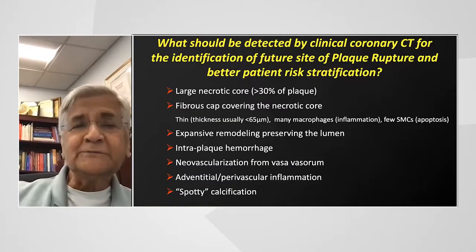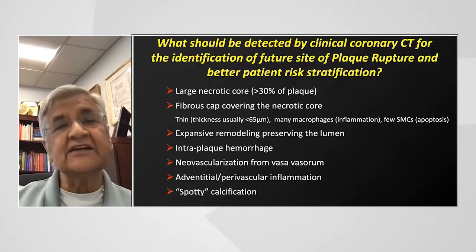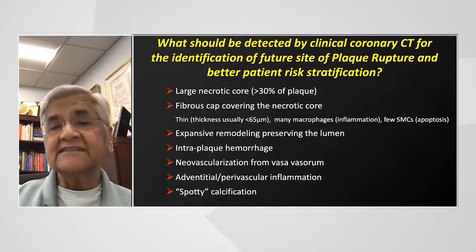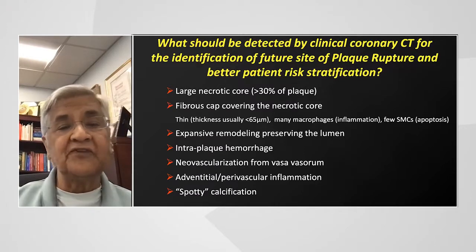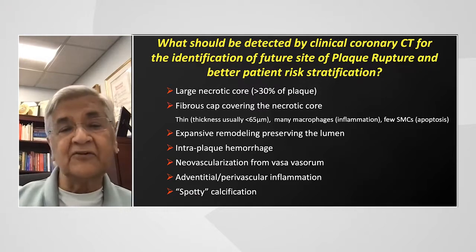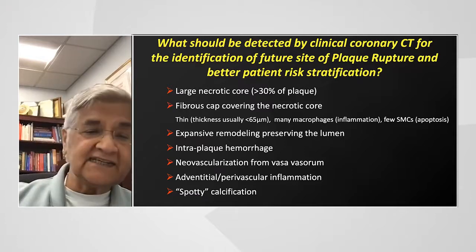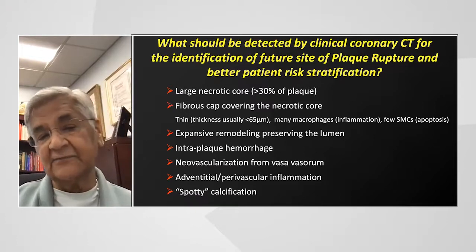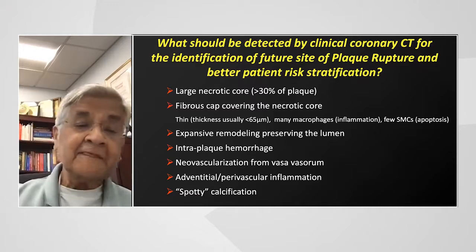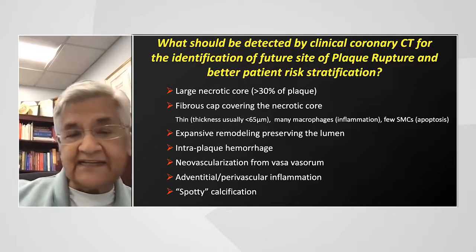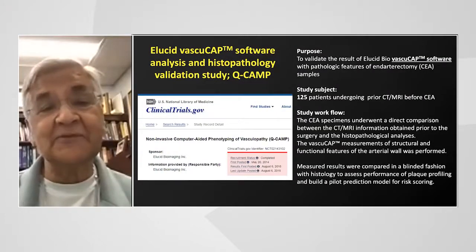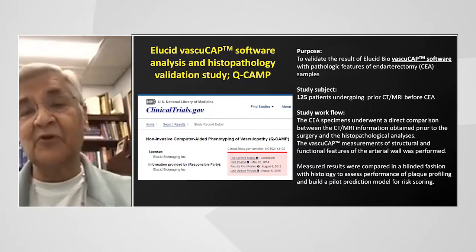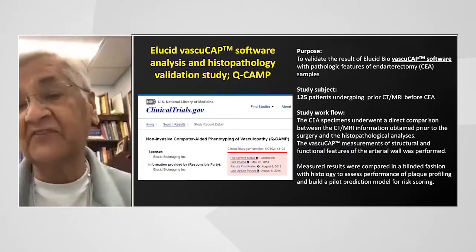So what should be detected by clinical coronary CT for the identification of future sites of plaque rupture and better patient risk stratification? Large necrotic core, a fibrous cap infiltrated by macrophages, expansile remodeling, intraplaque hemorrhage, neovascularization, adventitial perivascular inflammation, and you could add fat and spotty calcification. An Elucid VascuCap software analysis and histopathology validation study has just been performed, and this involved 125 patients who